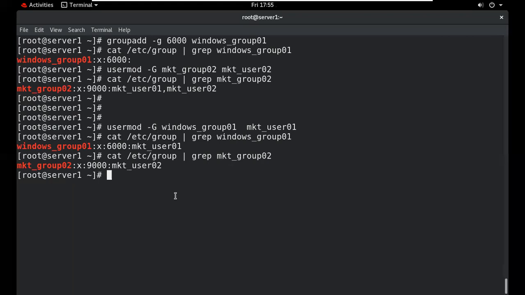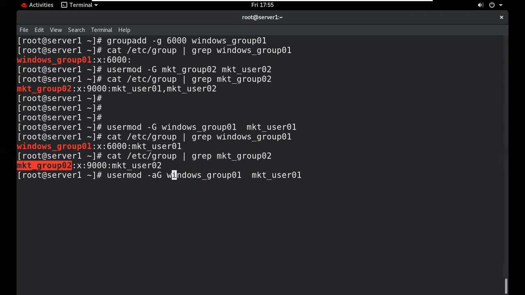So what will I do? I can use this particular command and at the same time apply -a. At this time it is a member of this particular group, and at the same time we want this user as a member of another group, so we can add. How can we add this? We have a user, the username is mkt user1. This is not a part of this particular group, and we want to add this user to this group.